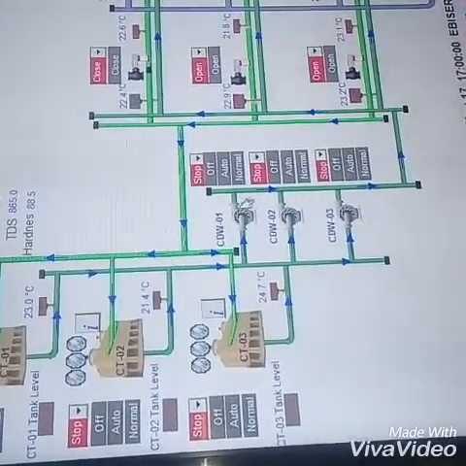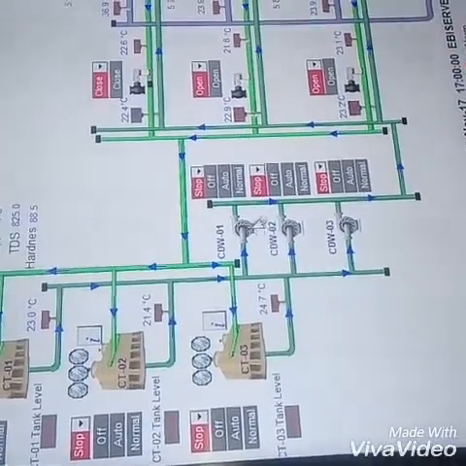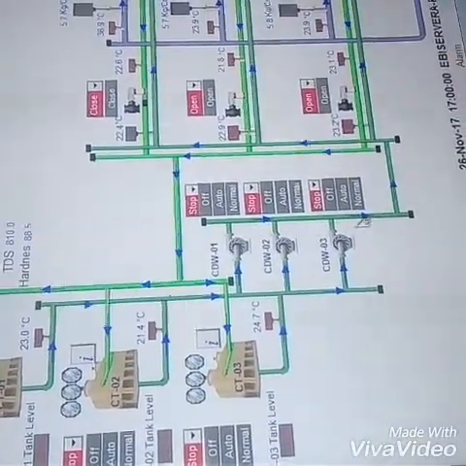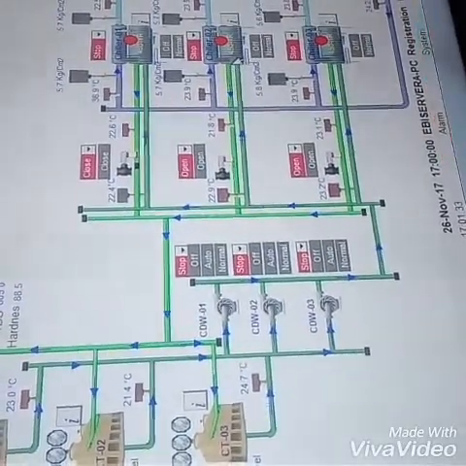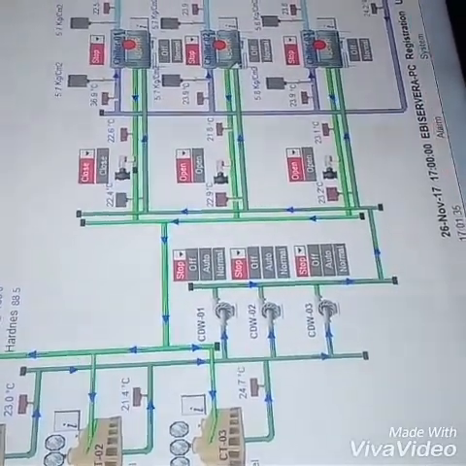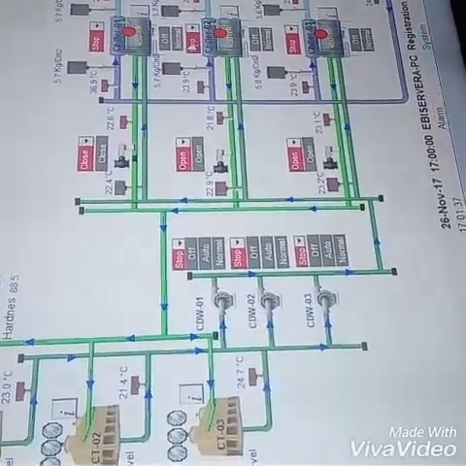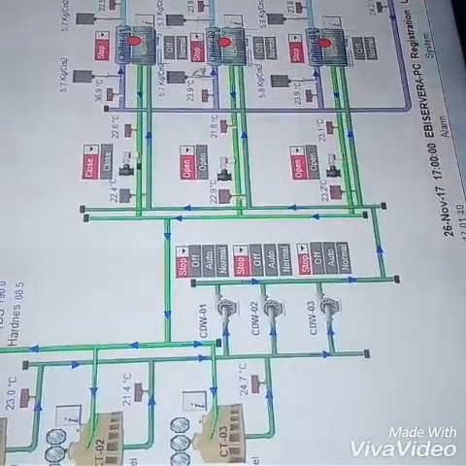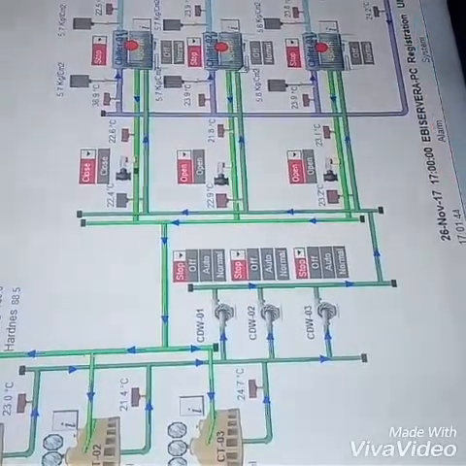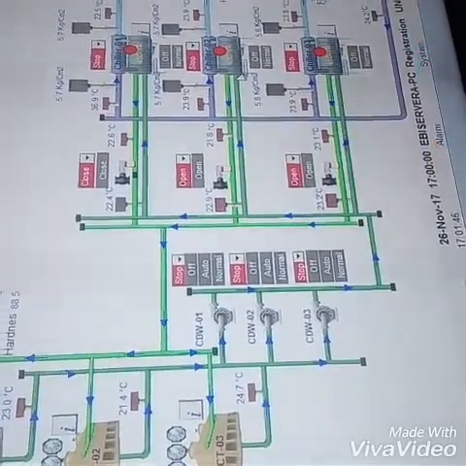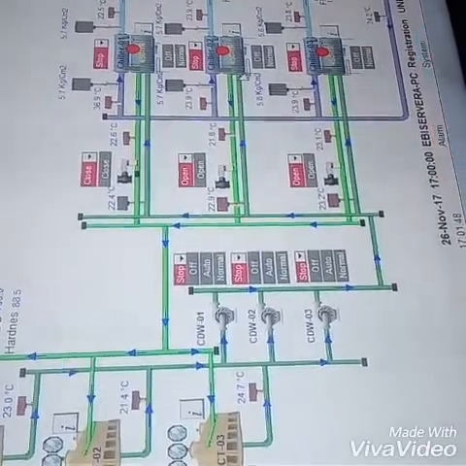It will circulate with the help of the condenser pump to the condenser to cool the hot refrigerant which passes in a chiller system, which will go through the compressor. The compressor will compress the refrigerant.